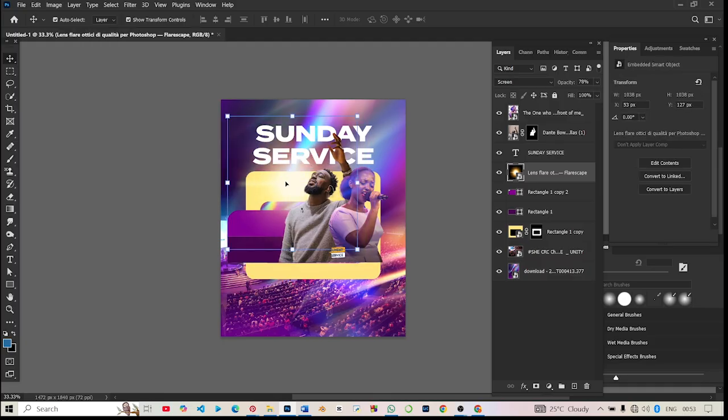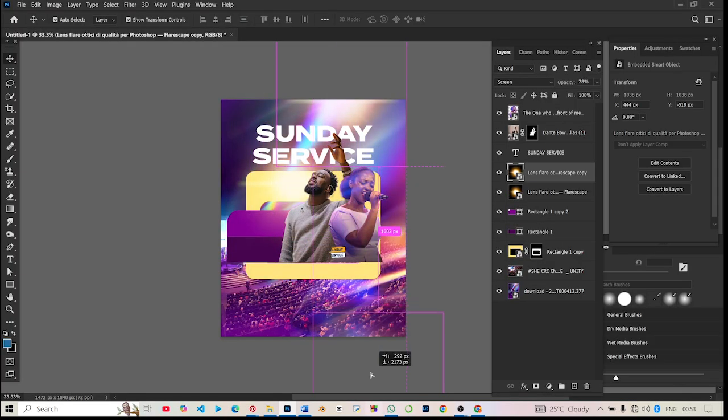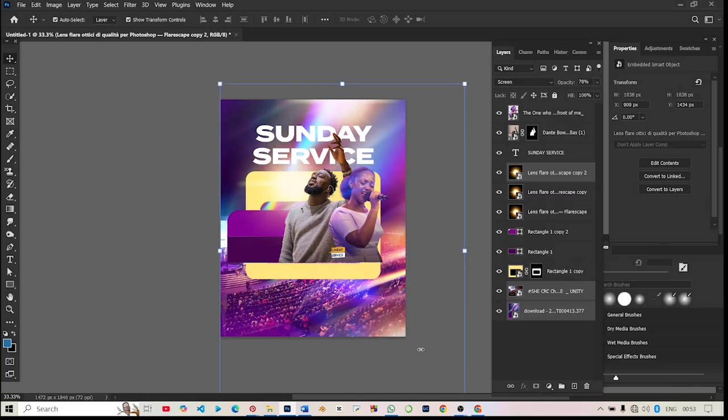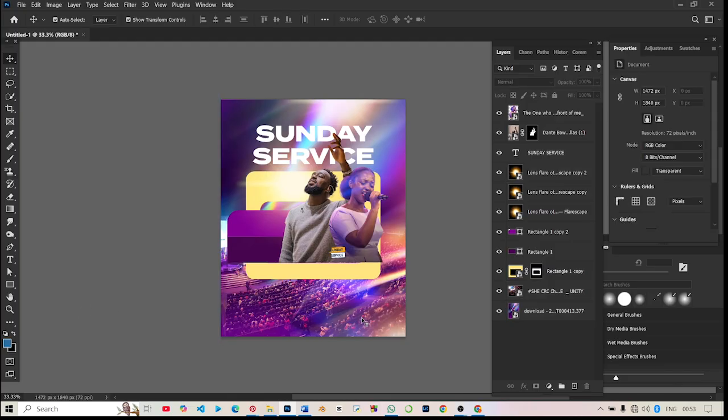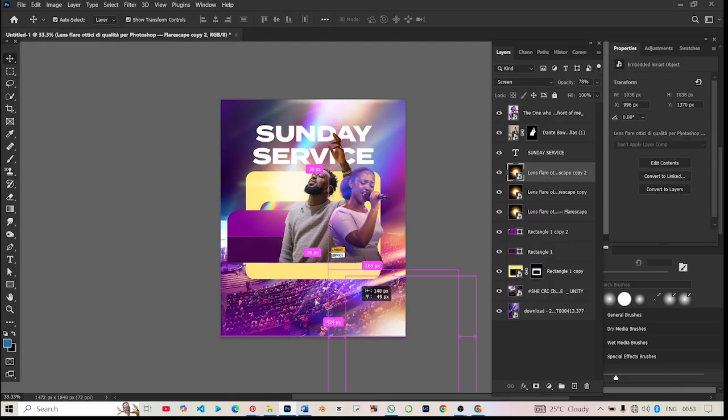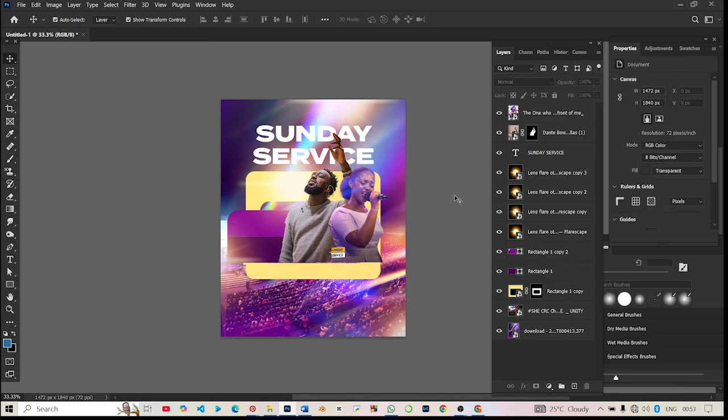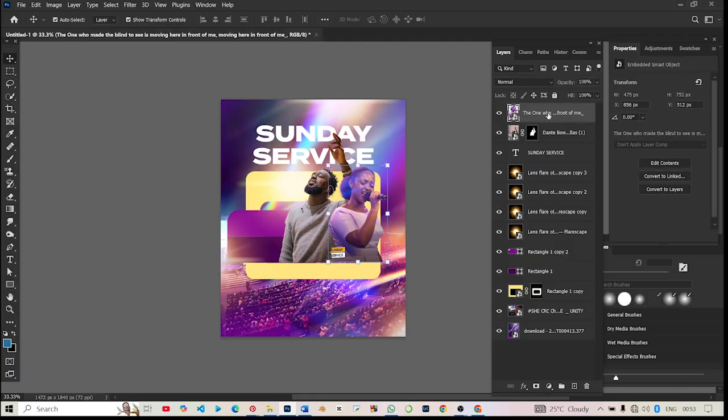This slide I'm just going to press Control Alt and then drag to the side. Let me just duplicate it again once more. This side here. And I'll probably duplicate it again to this side here. Alright, so the next thing I want to do is I'm just going to